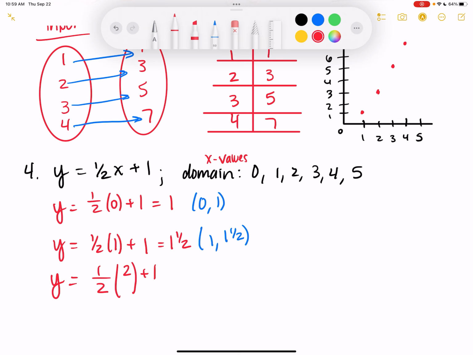If you have 2 halves, how much do you have? If I give you 2 halves of a cookie, how much do you have? Like how much total cookie do you have? 2 over